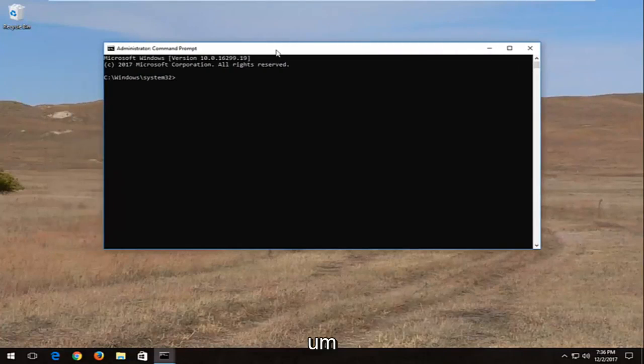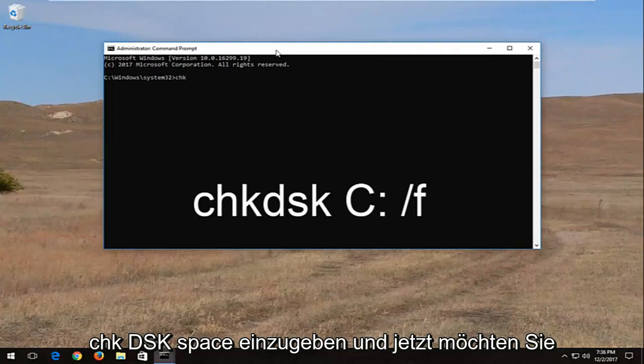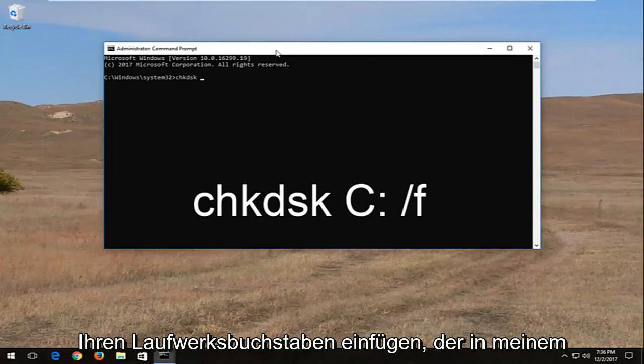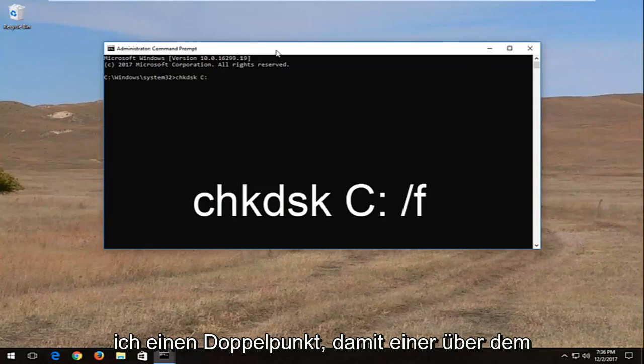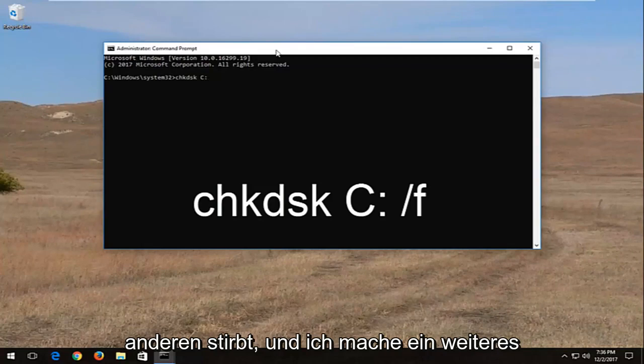Now into this elevated command line window, you want to type in CHKDSK, space, and now you want to insert your drive letter, which in my case is the C drive, and then I'm going to do a colon, so one dot on top of the other dot, and I'm going to do another space, /F,